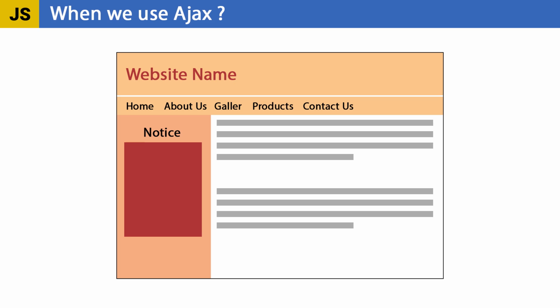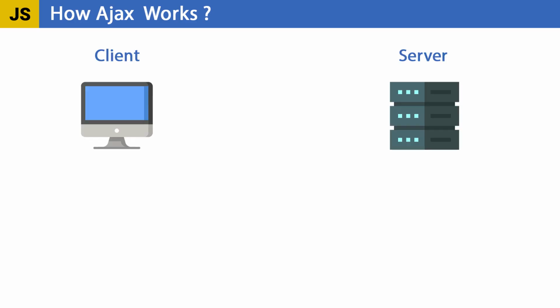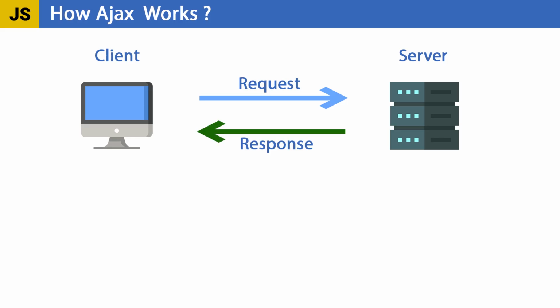So let's try to understand how Ajax basically works. Suppose I have a client and I have a server. Our client requests content from our server, and then our server sends a response. This response may contain any file or data. All that happens here. When the server responds to our client, then the client has to refresh the page to get the